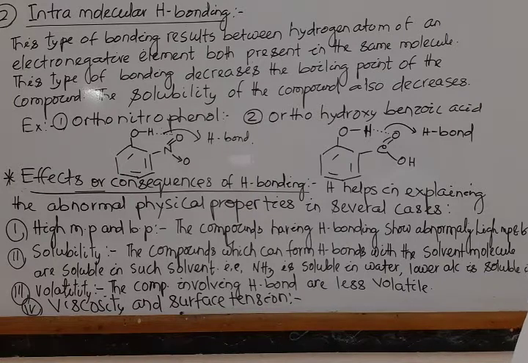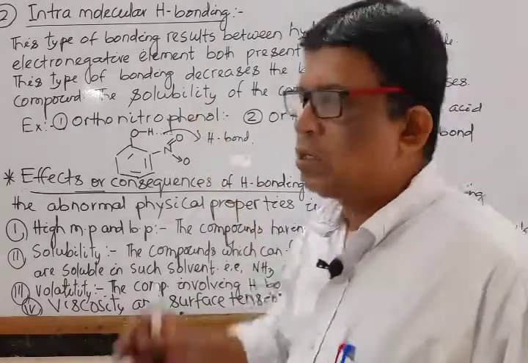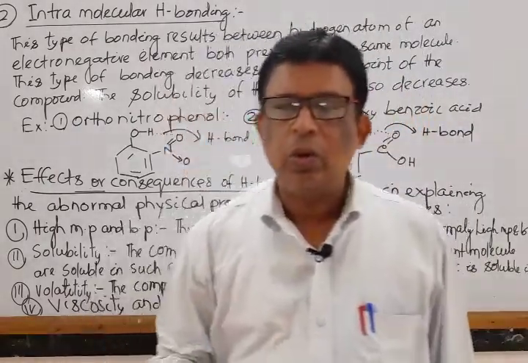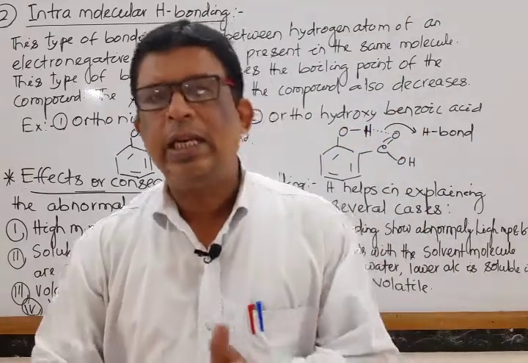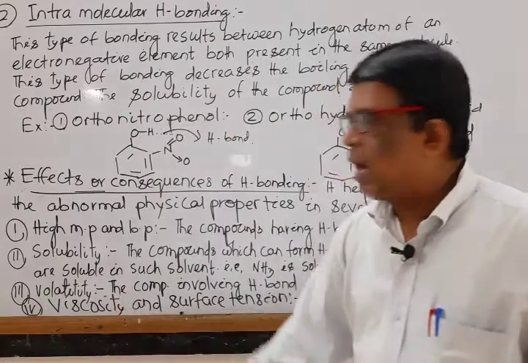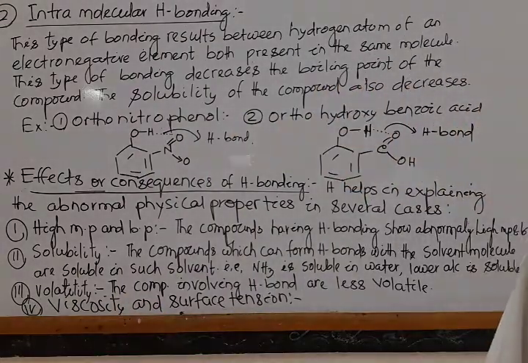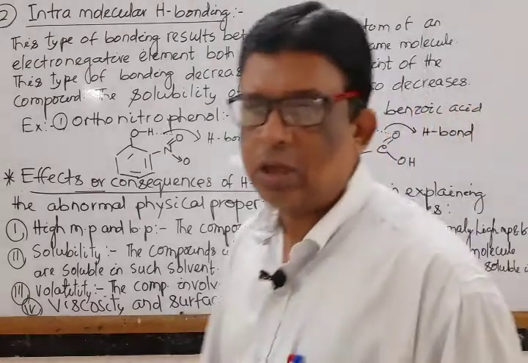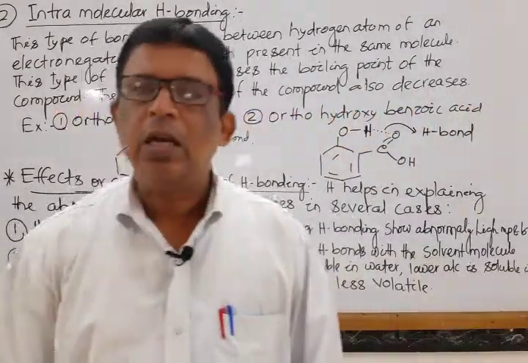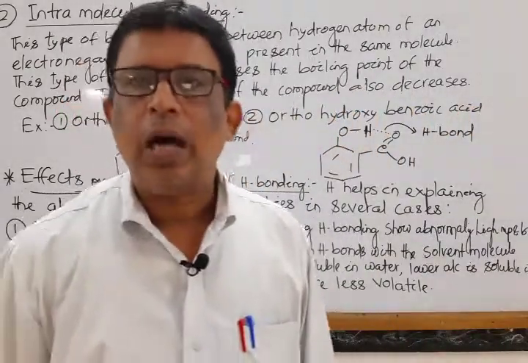Mark that. The substances which contain hydrogen bonding exist as associated molecules. All the substances already discussed, NH3, H2O, HF, which involve hydrogen bonding, exist in associated form. Due to the associated form, their flow becomes comparatively difficult. In other words, they have high viscosity and high surface tension. These are some applications of hydrogen bonding.